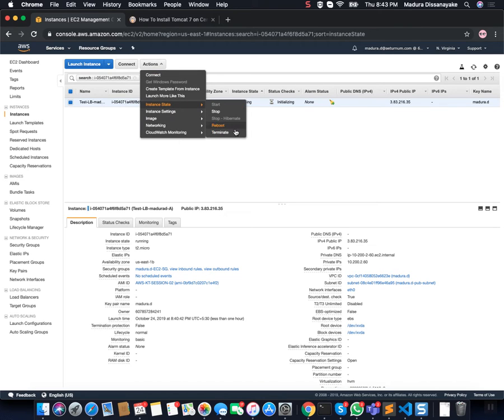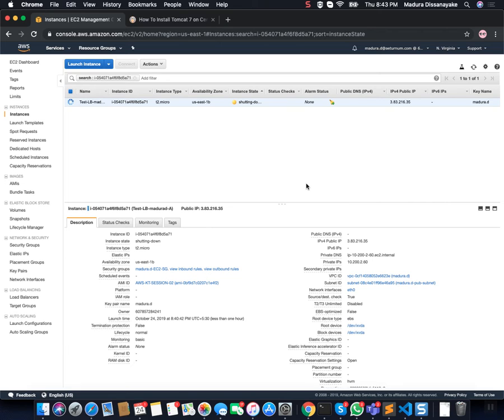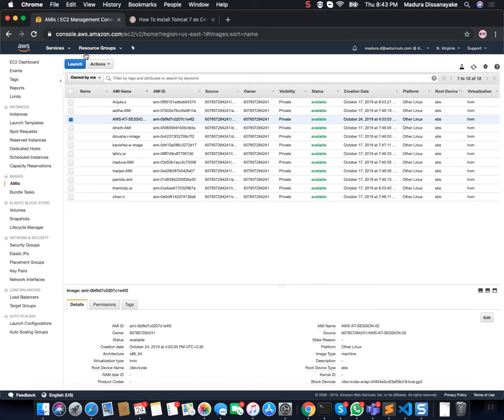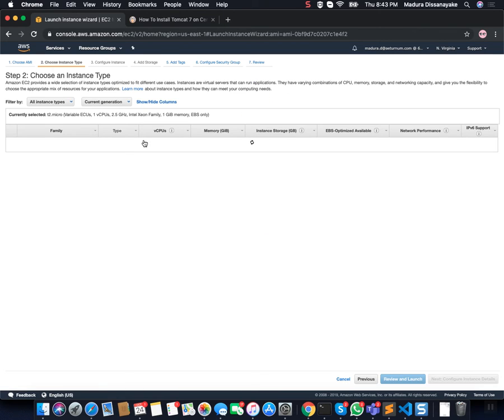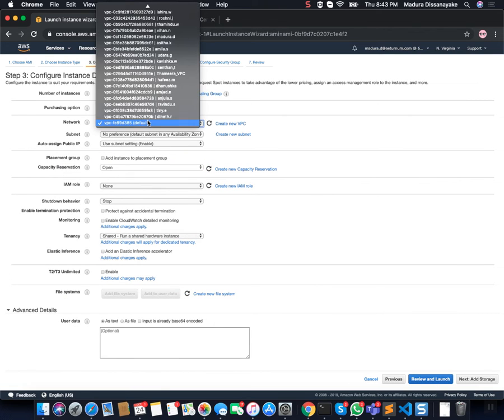Guys, I have to terminate my instances. My key is missing in the key list. I'm going to use a key again. Go into the AMI, KT sessions, launch. The same thing, and